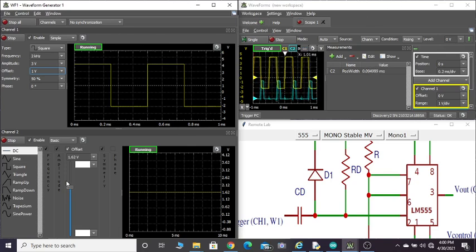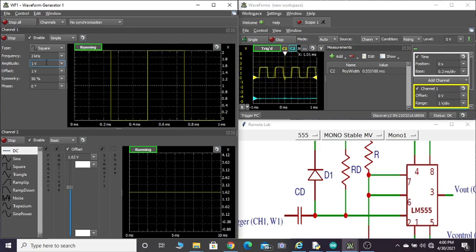So what I'll do is I will make this 2 volt, or maybe let me make this 2. Okay, let me make this 2.5. Let me make this also 2.5, and let me make this somewhere around 2.9 volt.